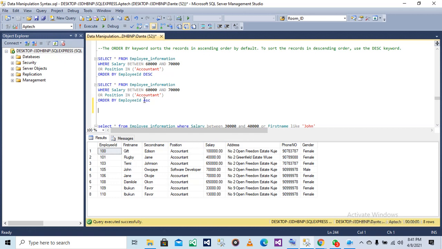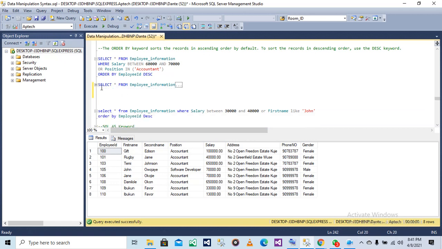So if I want to use this salary as the order of this table, descending or ascending, let me change it. Let me just copy this.